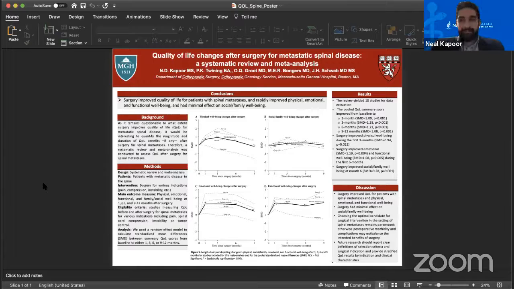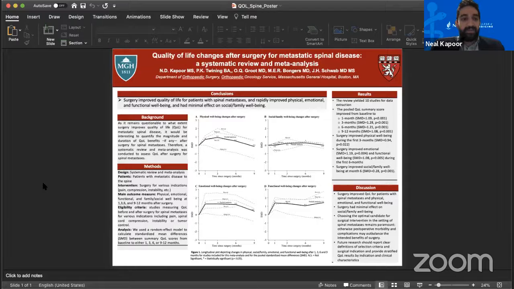My name is Neil Kapoor. I'm an MS3 at NeoMed, and I had the pleasure of working with Dr. Joseph Schwab, the Director of Orthopedic Oncology Service and the Chief of Spine Surgery at Massachusetts General Hospital. The project we worked on was quality of life changes after surgery for metastatic spinal disease, a systematic review and